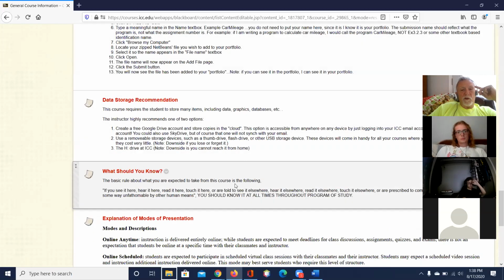Okay, data storage. What you should know: everything. Once it's introduced in the course, it's fair game. If you read it, if you heard it, if you were supposed to have read it or heard it, whatever, okay? Because that's the way programming works. We're going to start out like we're crawling, and we're going to learn how to walk, and then we're going to learn how to run, and then how to do hurdles or whatever. So it's a growth thing. You can't forget what you learned on the first day and be successful.